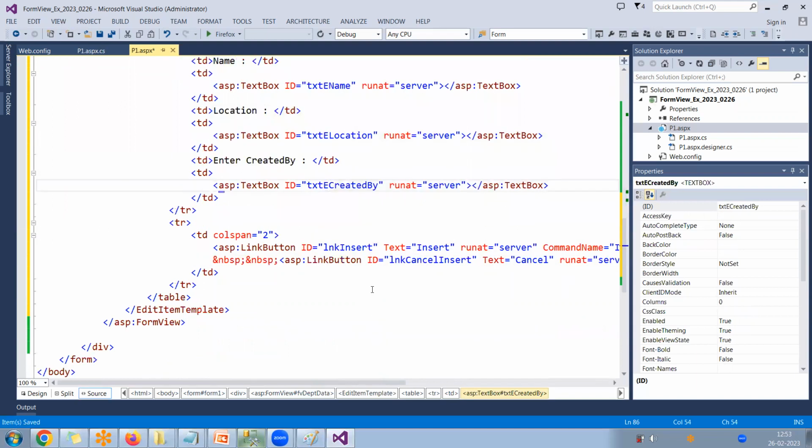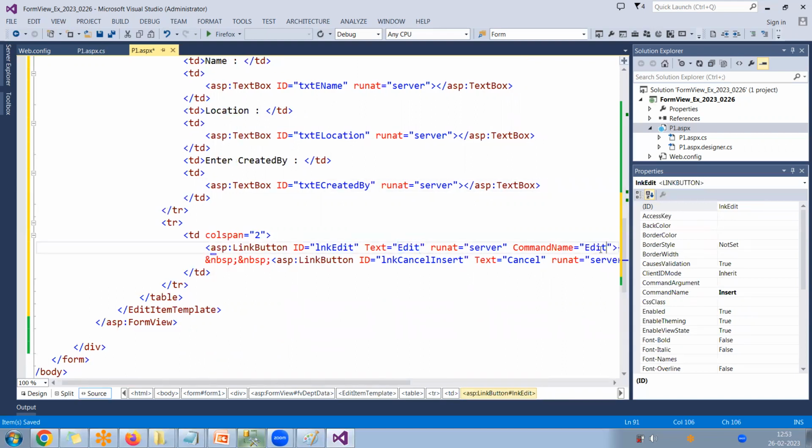So for edit, it should be an edit button, right? Which means the command name is edit only, right? Got my point, right? So here we can use lnk edit itself. So this should be edit. So your command name will also be edit itself. So you have the command name as edit, and as well you also have the command name as update. So you can use it